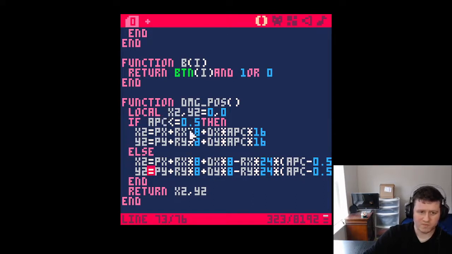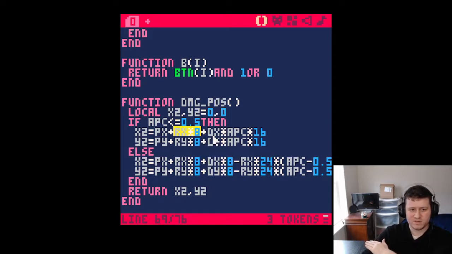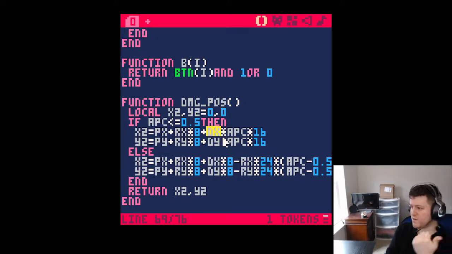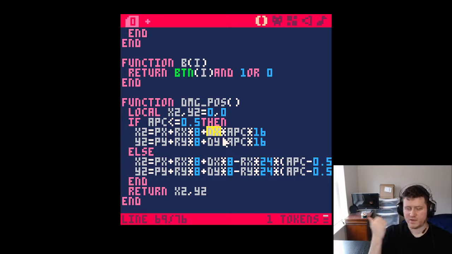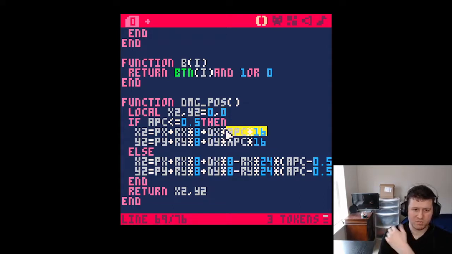So right now we have a function basically that if the attack percentage is less than 0.5, it takes the player's position, it adds in your right vector, and times 8. So it's going to start out to the right of the player direction, and then it's going to add in your forward direction. So on the player's right side, it's going to start out with a pixel and with a point 8 pixels over, and then it's going to move in their forward direction by 16 pixels ahead, multiplied by the attack percentage. So it's going to move forward,